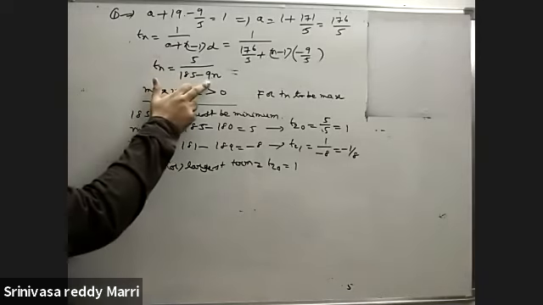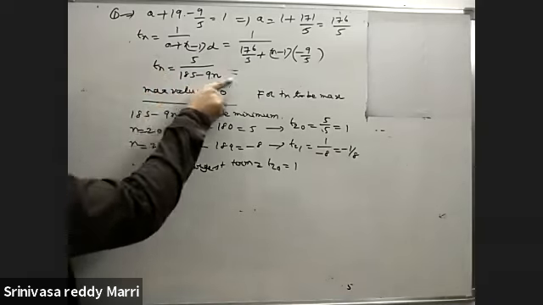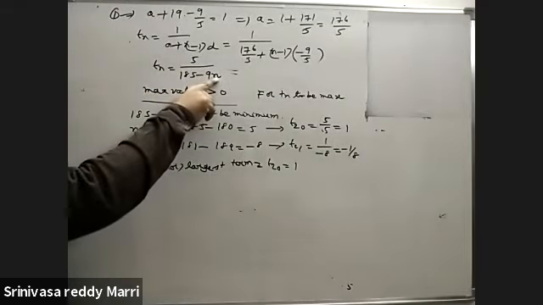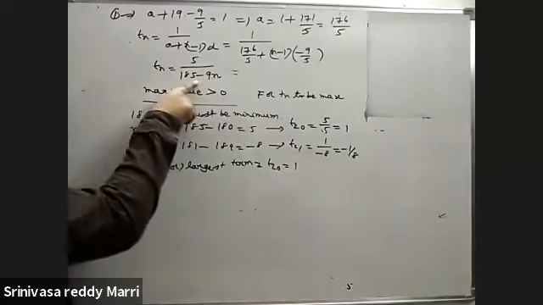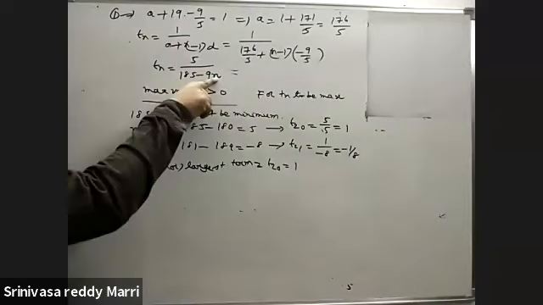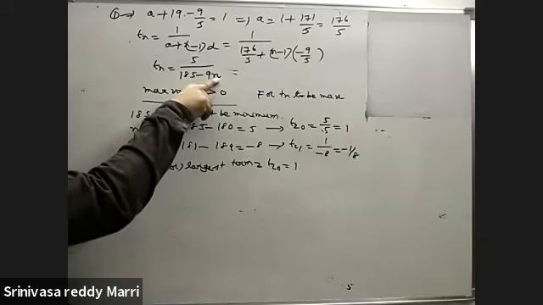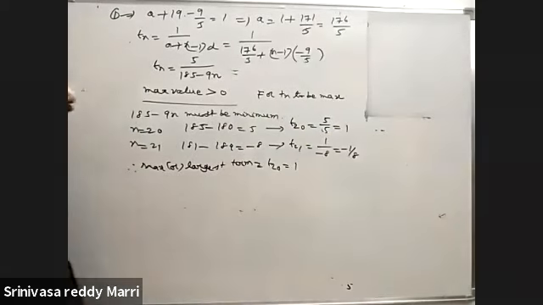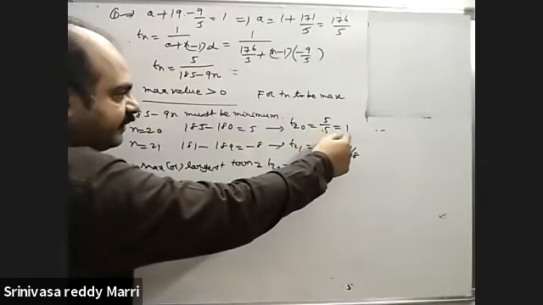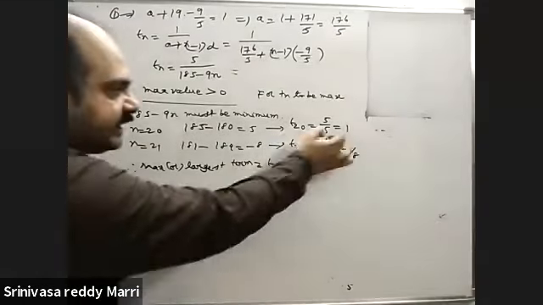You look at first, write the nth term. Now, for Tn to be maximum, this value must be minimum. If you substitute n equal to 1, 5 divided by 185 minus 9, that is less than 1 only. If you substitute n equal to 2, T2 will be more than T1. Like that, if you keep on substituting, the last positive value you will get is T20, that is 5 divided by 5, that is 1. After that, negative values you will get. That means the largest term is T20, that is 1.